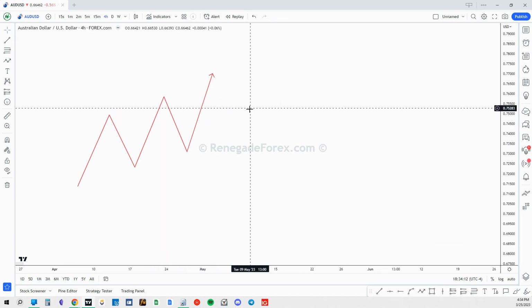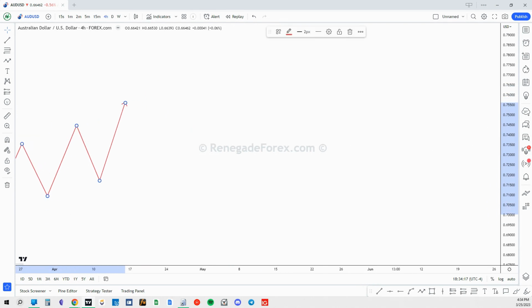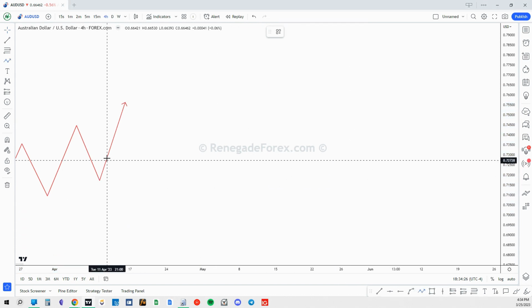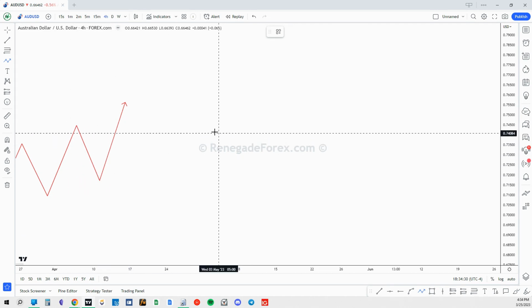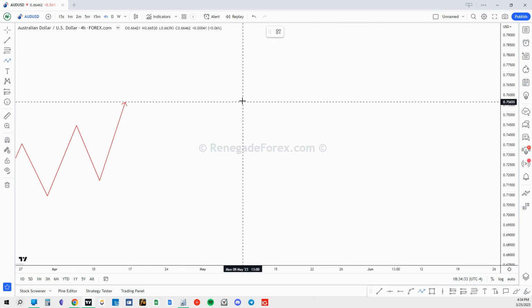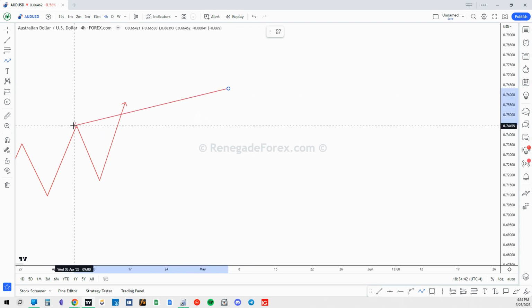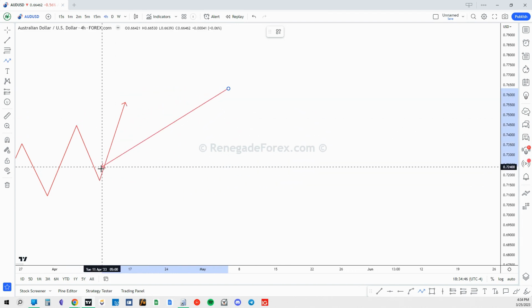Okay, and so then let's go ahead and move this out of the way a little bit. And let's say, for example, we are going to zoom in to this area of price action on the 15-minute chart. Okay, and I'll draw this out and I'll add to this as I'm drawing it. But let's say, for example, now we drop down to the 15-minute and we are looking at swing structure. Okay, so swing structure on the 15-minute, in order to make this pullback and this expansion or this run up